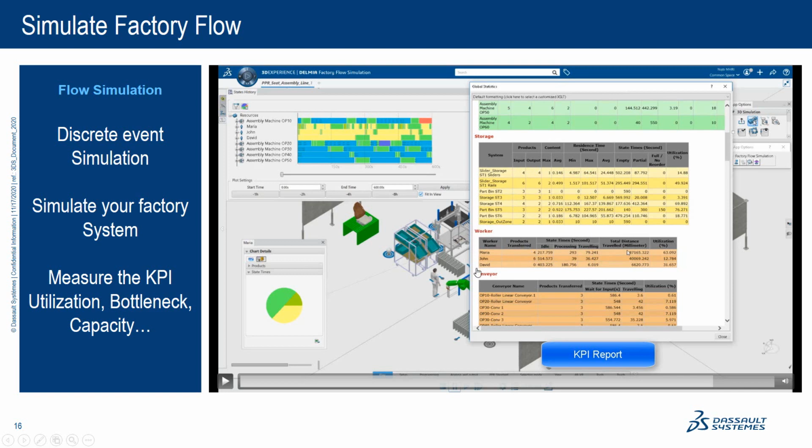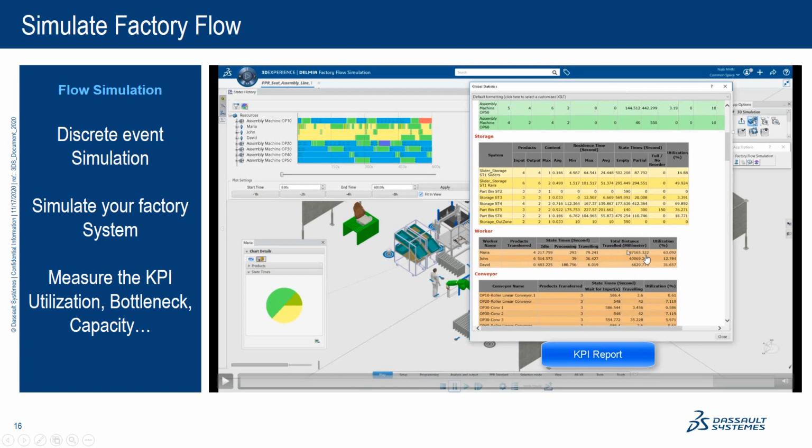So if we stop on the worker, we have 3 workers in the line. The last column gives us information on the utilization. Right now it's only 10 minutes of simulation of production, so the utilization is still low.